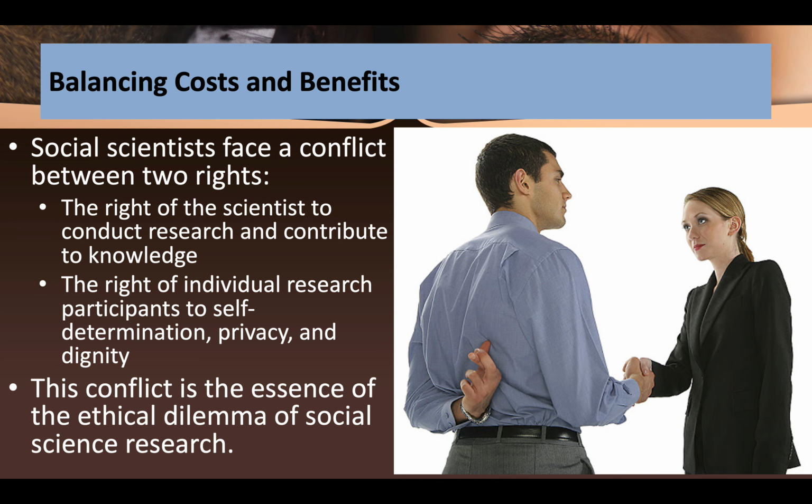Social scientists face a conflict between two rights: the right of the scientist to conduct research and contribute to knowledge, and the right of individual research participants to self-determination, privacy, and dignity. This conflict is the essence of the ethical dilemma of social science research, and this is a problem. This can be a really serious problem because